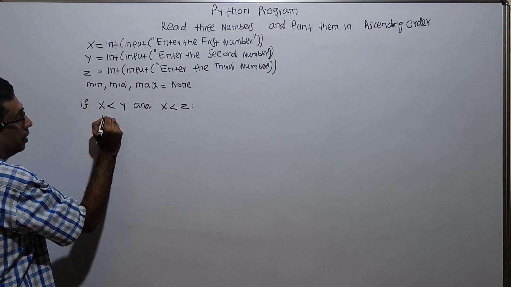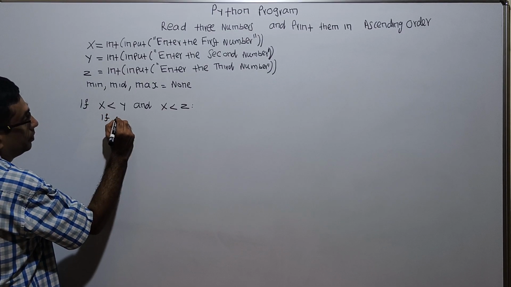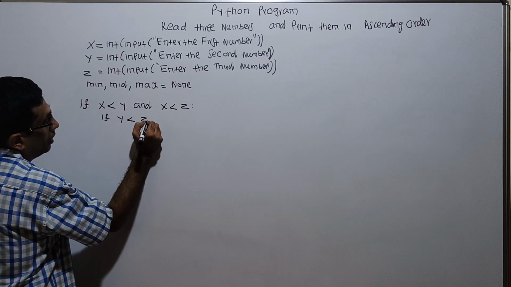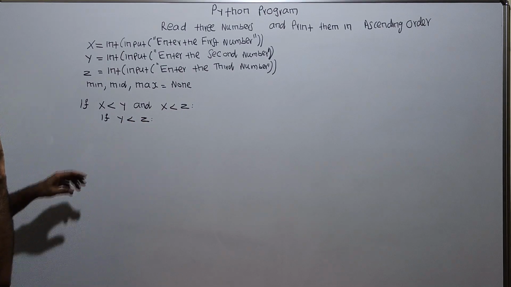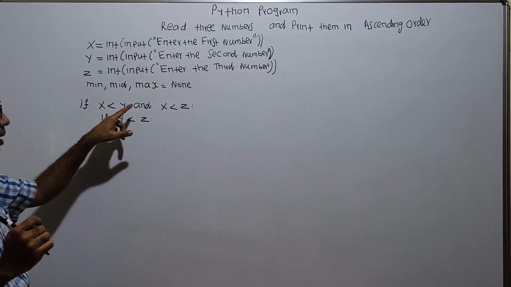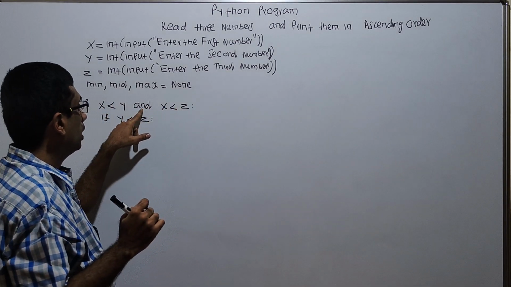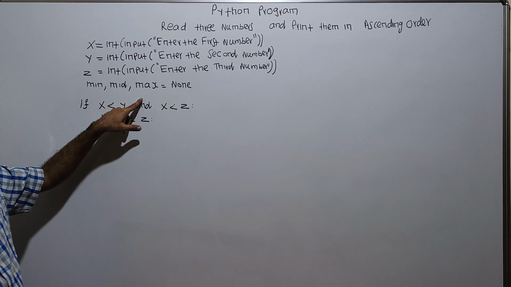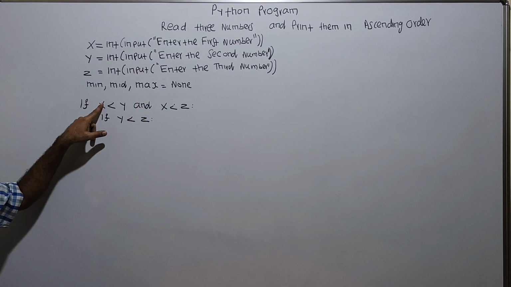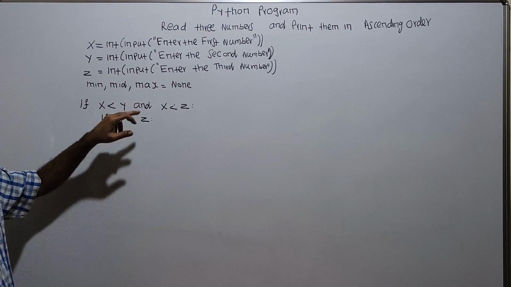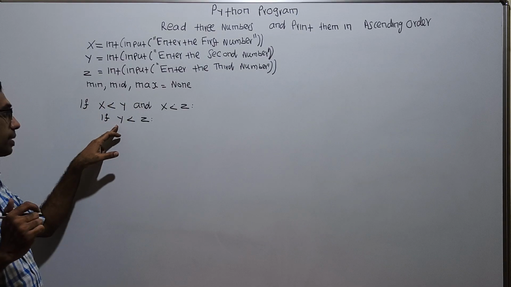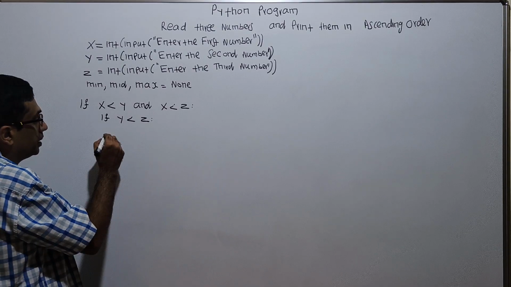Here I am checking if y less than z. If the condition x is lesser than y and x is lesser than z is true, both the left side and right side expressions are true. That means in this case x is lesser than y and z. So the control will come inside. I am checking here y less than z. If this is also true, I am assigning